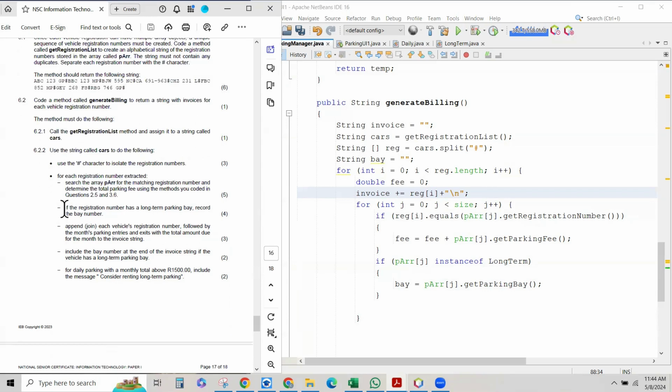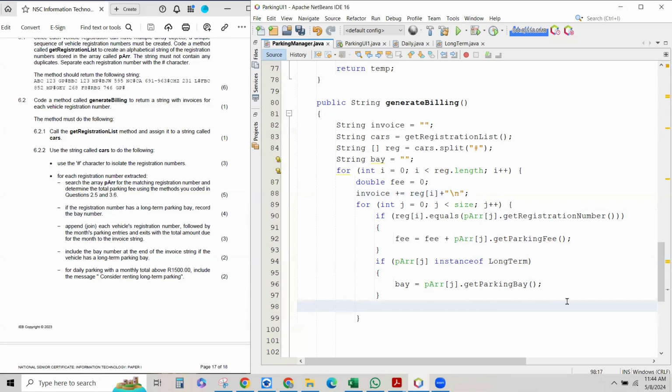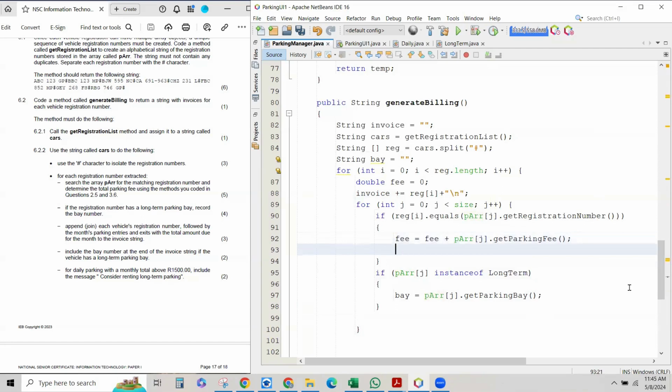And then followed by the month's parking entries and exits. Now what we need to do inside this for loop. So over here, I'm going to say invoice plus equals P array. Oops, no, I better do that inside this if statement, because we don't want to just add all of them, only if the registration number matches the outer loop one, then invoice plus equals